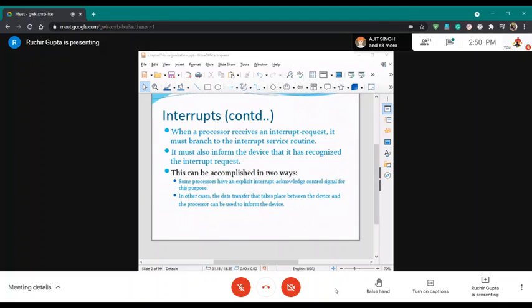गेटिंग माय पॉइंट? तो सर इंटरप्ट तो कभी भी आ सकता है, तो स्टार्टिंग से ही हमें कम ही रजिस्टर्स यूज करने चाहिए।